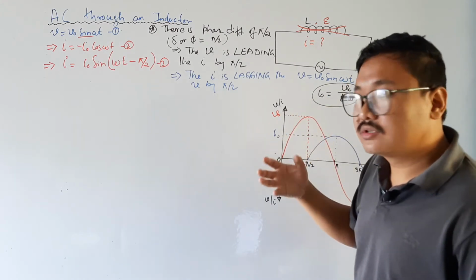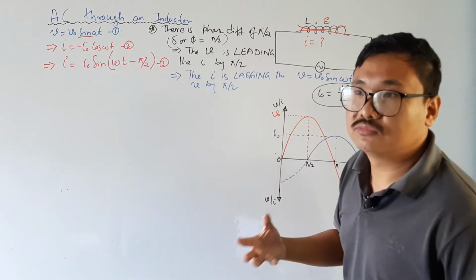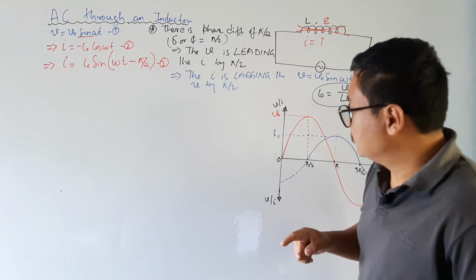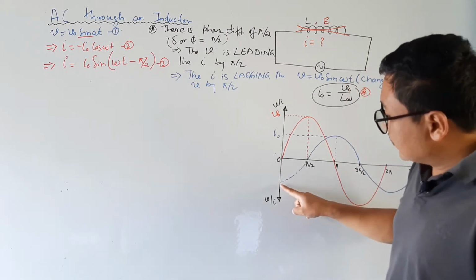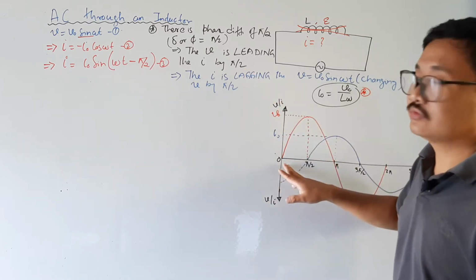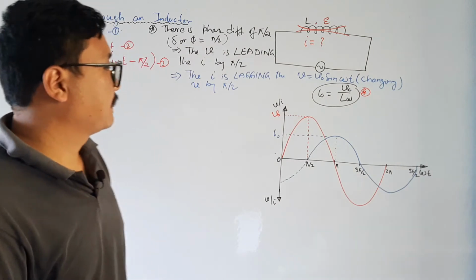There is some more trick to remember this graph, but if I tell all of those, it will become more messy and confusing. One thing I will tell you: if the current is below, then the current is lagging. This is how you can also remember. So this is all about the diagram.